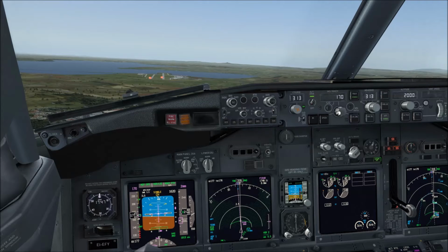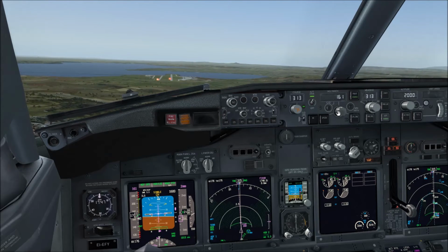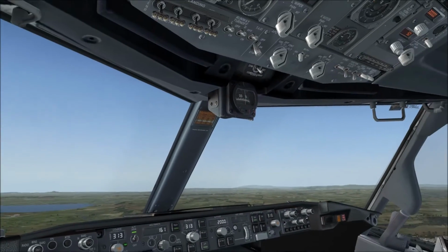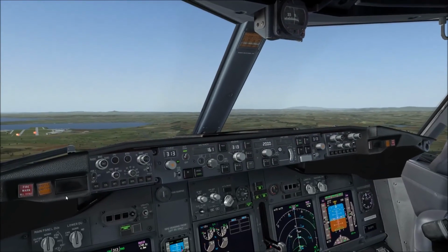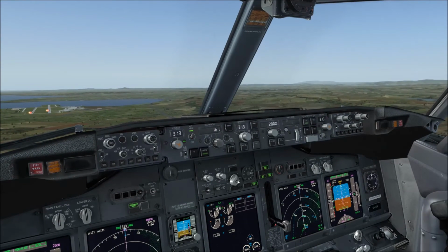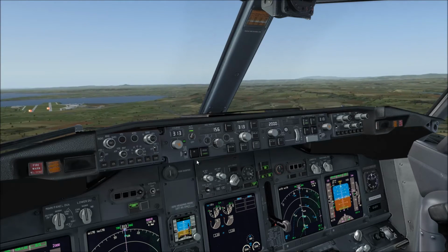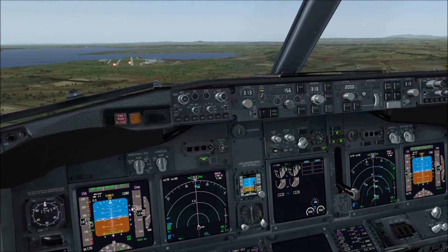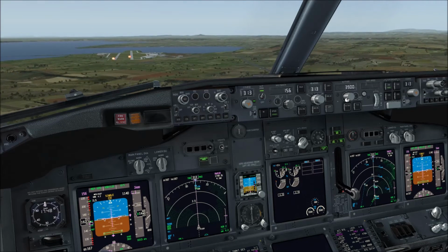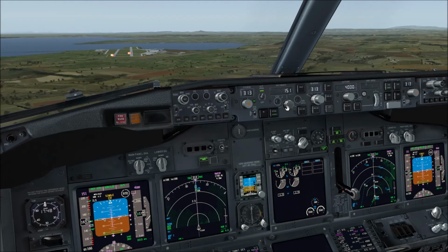So we'll take the gear down, flaps 15, and start reducing the speed now, because we're just about to hit the glide slope. We don't want to carry too much forward speed when we intercept the glide slope, so we'll drop the gear, at least flaps 15, and even now flap 25. We've got a glide slope capture, so we'll set the missed approach 4000 feet,